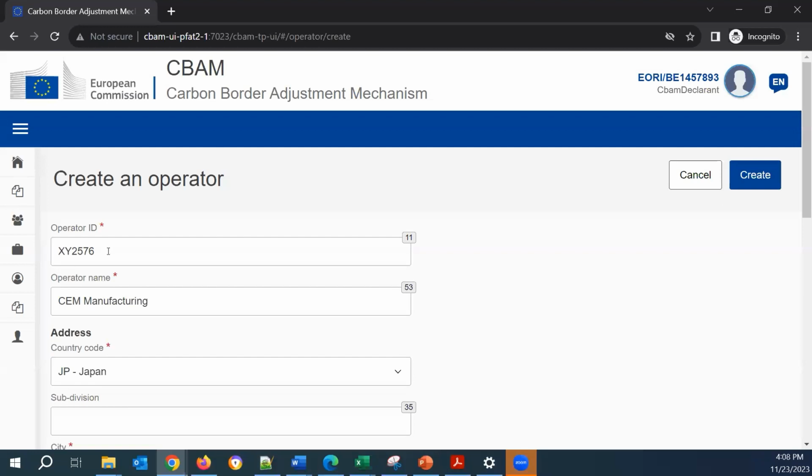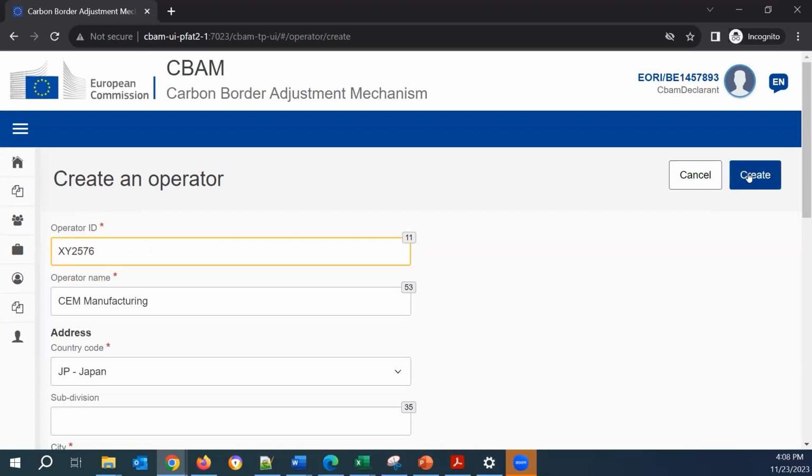Yes, the operator ID is my own, right? I just typed in some numbers and alphanumeric characters, right? So when we create the operator, the ID is, let's say, handled by us.